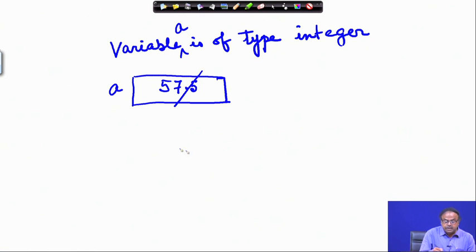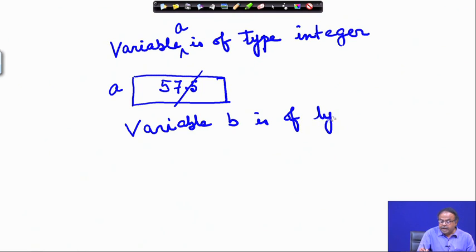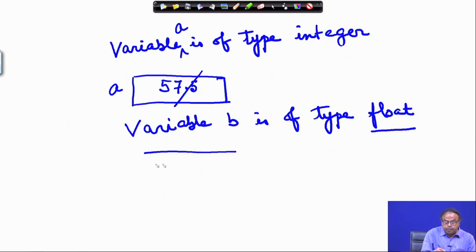Similarly, if I say variable B is of type floating point, in short I am writing float, that means this variable B can store a floating point number. So, 57.5 can be stored here.